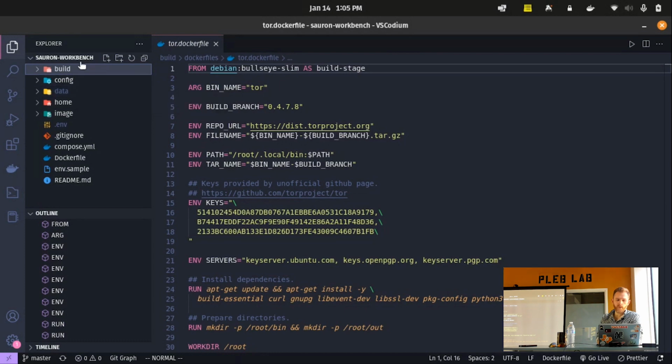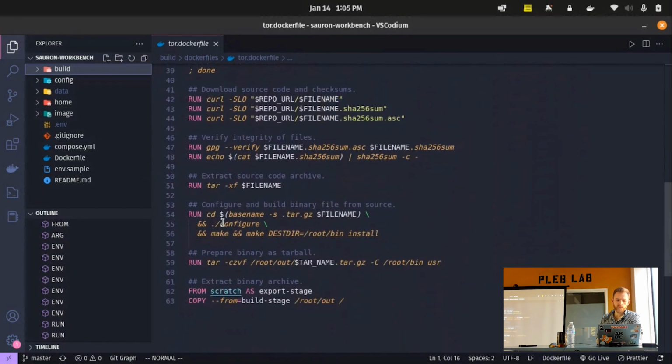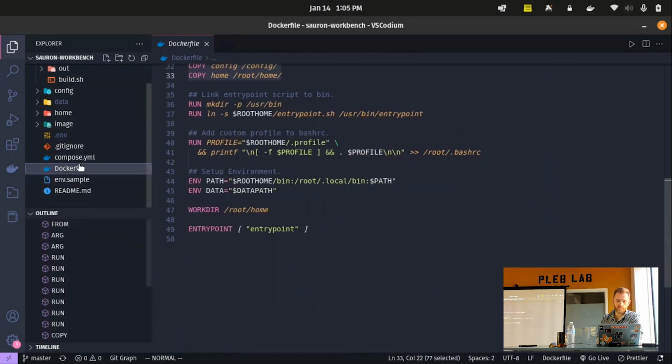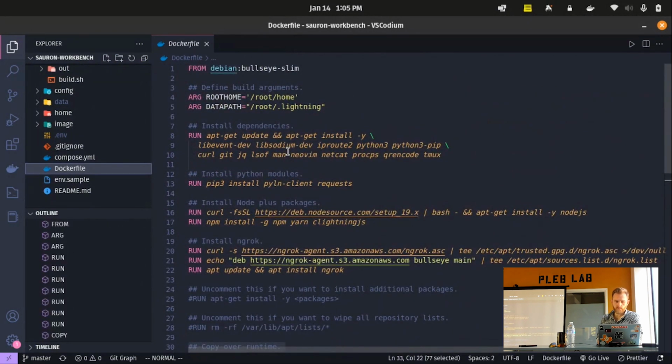And then you could also stack the runs together. You don't have to do run. You could do run, and then everything else in an array, depending if you want to be more specific. Yeah, so every time you see a run directive here in the Dockerfile, this whole command is run in